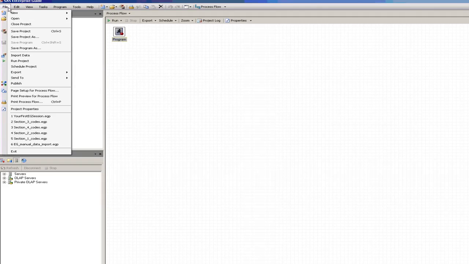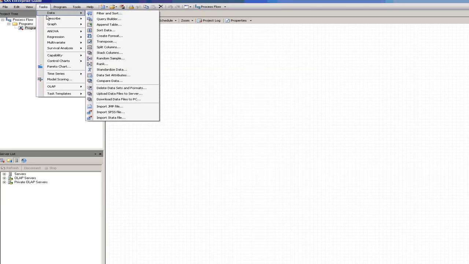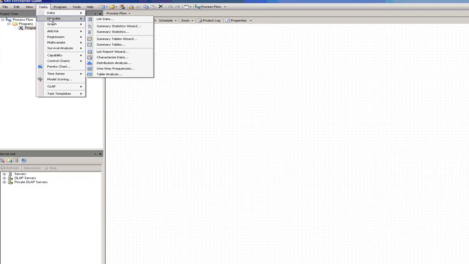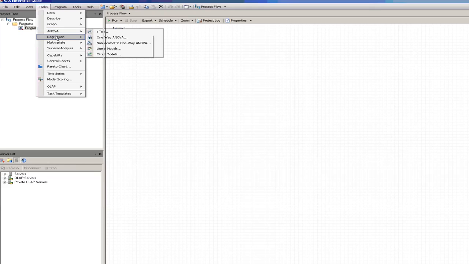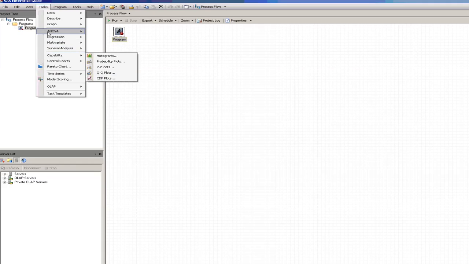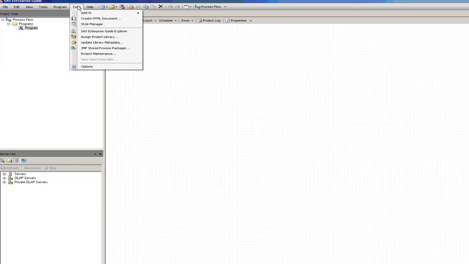You then have a task menu where you can scroll through and select different tasks. So you can open your Enterprise Guide project, and by using these tasks you can describe your data, you can plot your data, you can do multivariate analysis on that data, really a raft of things that you can carry out when it comes to analyzing your data. You then have a tools menu where you can define styles, look for add-ins, store processes, and